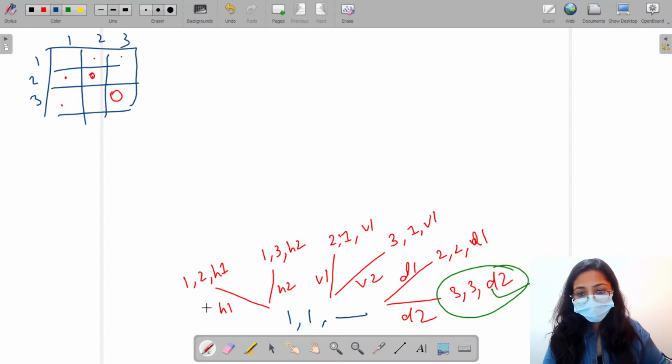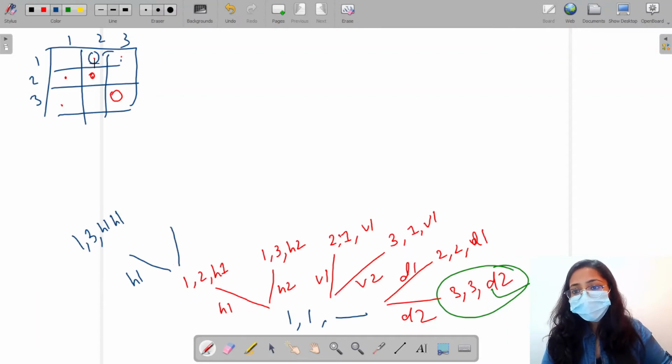From H1, again, if I take one horizontal move, I'll reach 1, 3, and I'll have H1, H1. Now I cannot take H2 from here, out of question. I can take V1. So I'll reach 2, 2 and I'll have H1, V1. I can take V2.